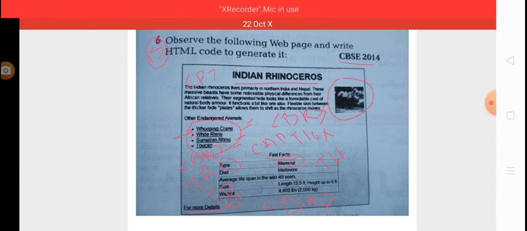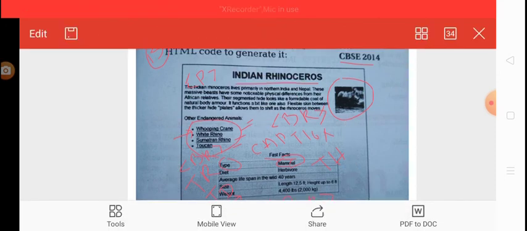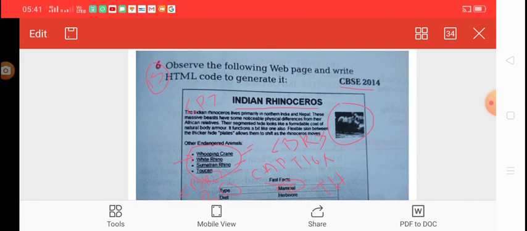So note them down one by one, and after that just write the code accordingly. So you can easily create an HTML web page for a particular web page that is given in the question. I hope now you are able to understand how to write an HTML code for a particular web page.